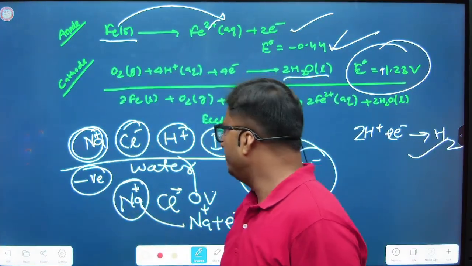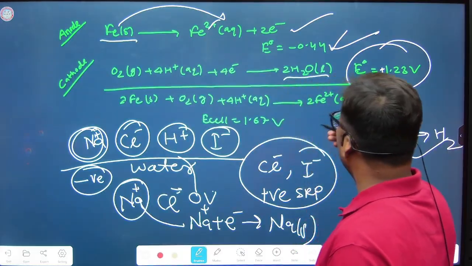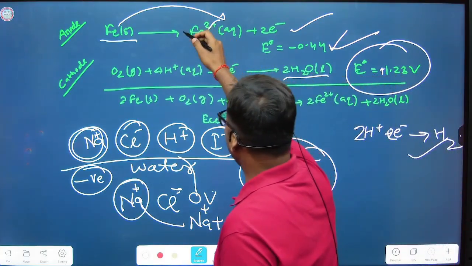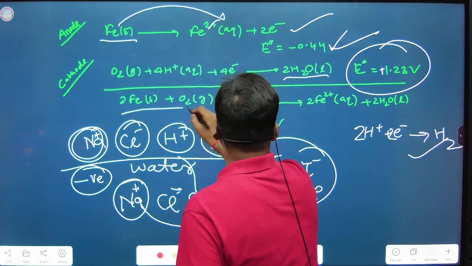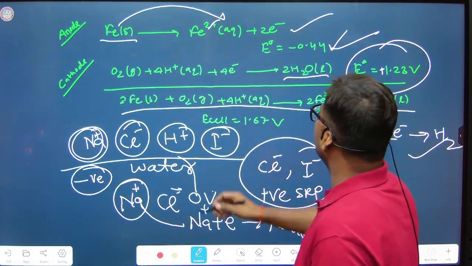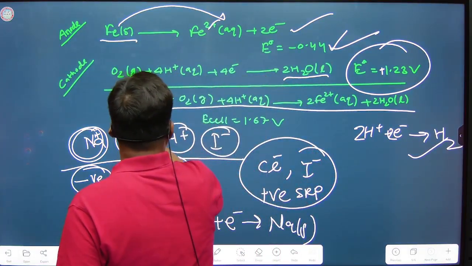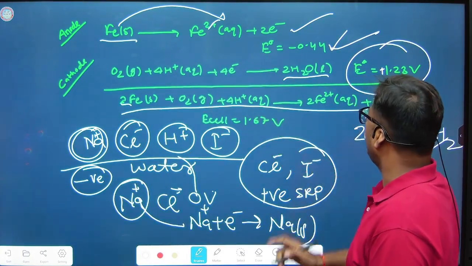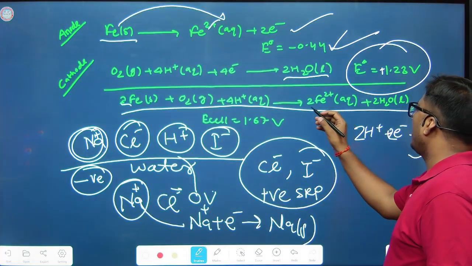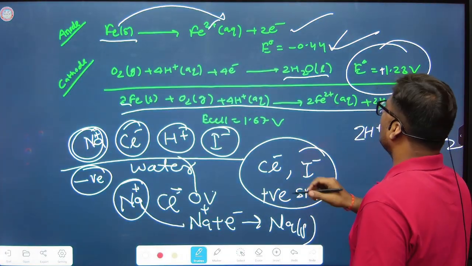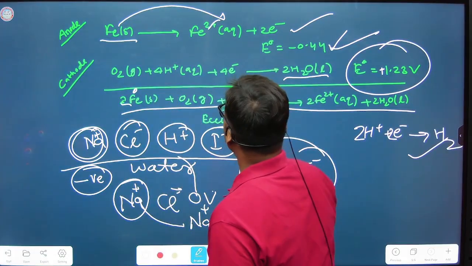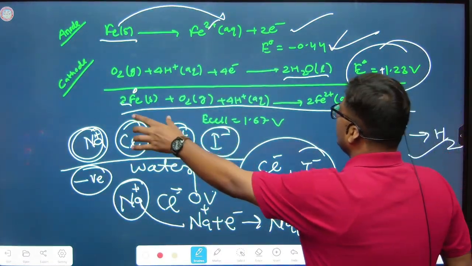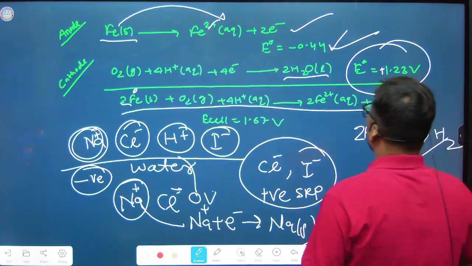they set up an electrochemical cell, that is a galvanic cell, and the cathodic and anodic reactions take place. Overall, just adding these two half-cell reactions, we will get the final cell reaction like that. So 2 mole iron solid, once it reacts with 1 mole of oxygen in the presence of hydrogen ion, it is getting oxidized as Fe2+. So here Fe is in 0 oxidation state, here it is plus 2 oxidation state. So this iron is oxidized